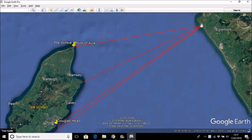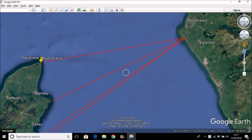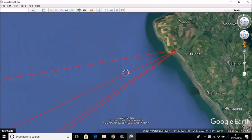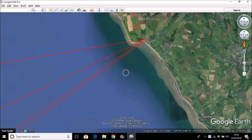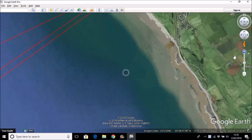So this is the location from which I filmed, which is near the town of St Bees, up here in Cumbria. I put these lines in quite crudely. In fact I have 2 points of observation. One is along this road here, the Egremont Road, close to these buildings. There's a little pullover, a little lay-by area